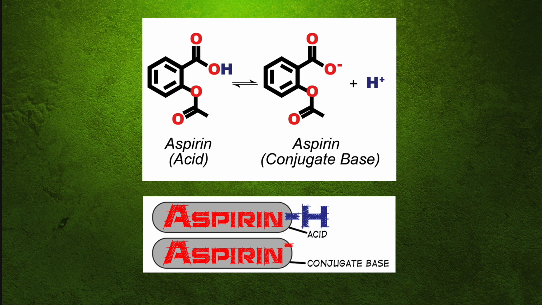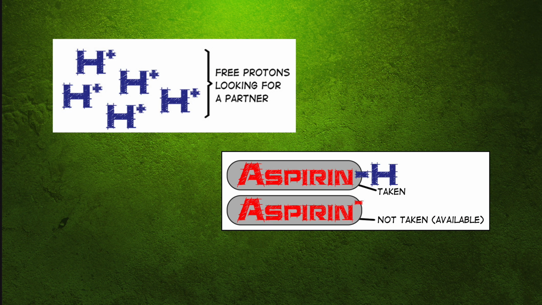the conjugate base form. However, the stomach is not filled with plain water. It is also filled with hydrochloric acid, and the pH is low, depending on the time of day, whether or not there's a meal present. But, at the low end, the pH of the stomach is about 1.5 to 2. A little more acidic than Diet Pepsi, something like that. Now, when the pH of a solution is low, it means there are lots and lots of free, notorious Lothario